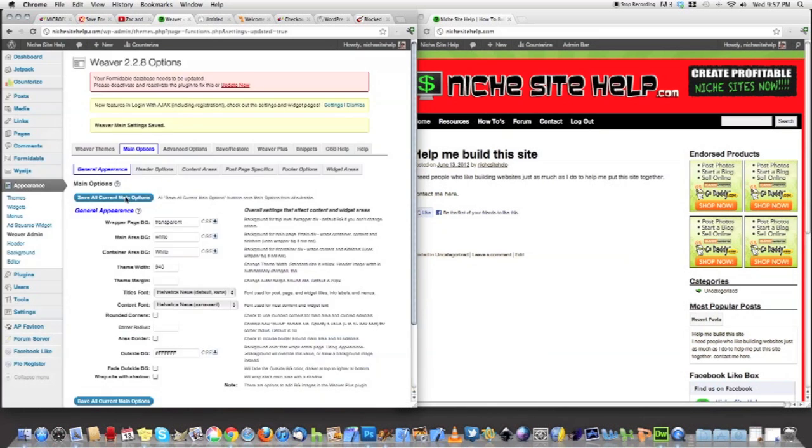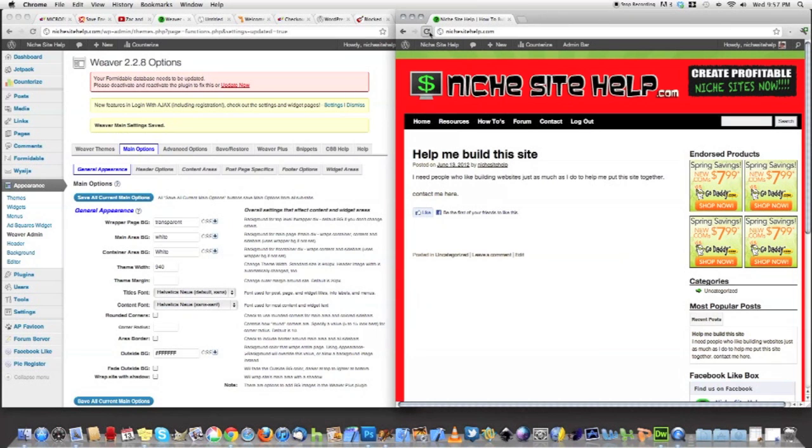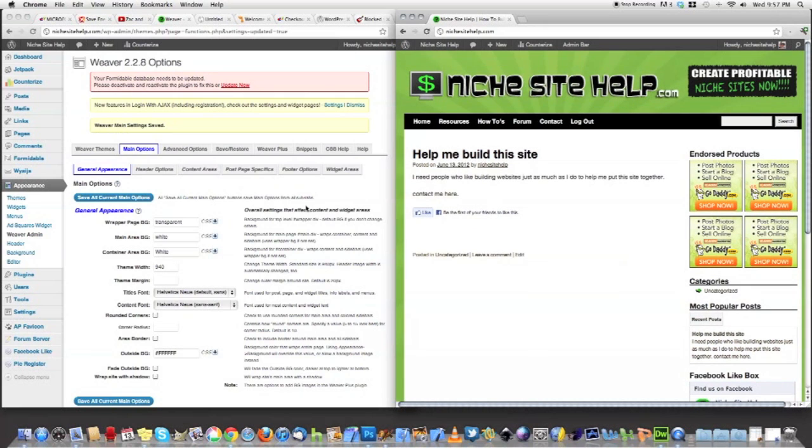Okay. Now, we're going to refresh this, and you'll see that it will change back to transparent, which will show the background. The background is set over here. You can just set it by normal. You can come in here and set the main background. This is your page, the content part of the page, which will be this right here. All that right there. Your container background, there's some space that goes all the way around this right here, and that is what I've set up to be white as well. Your theme width, you can make it as wide as you want. Theme margin,